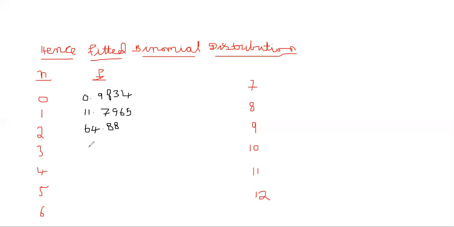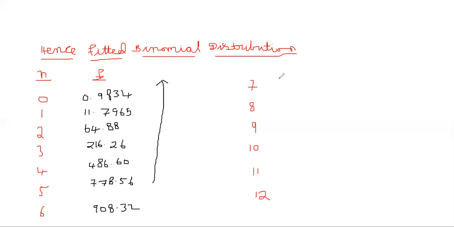For R is equal to 3 you get 216.6. R is equal to 4, you get 486.60. Next, R is equal to 5, we got 778.56. R is equal to 6, we got 908.32. Again, these values will be in the decreasing manner like this. Again, for R is equal to 7, you will get